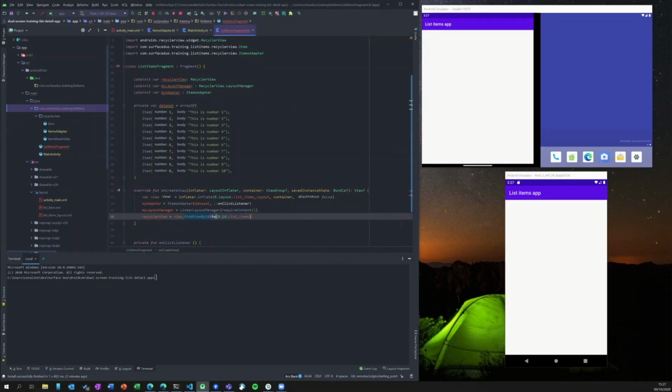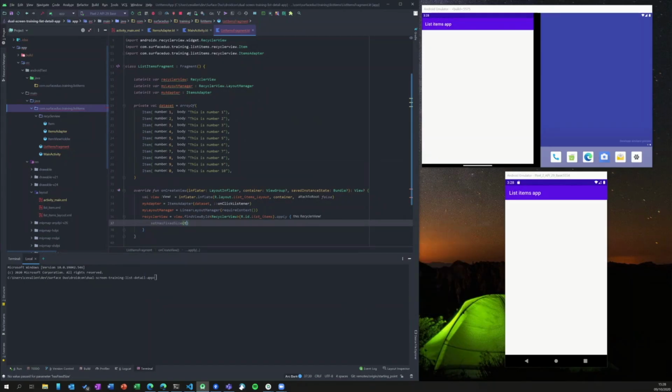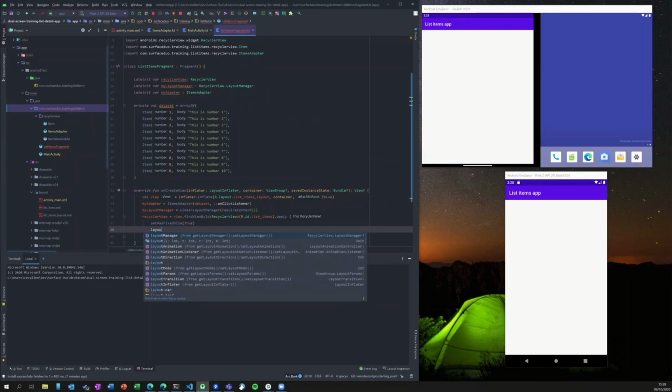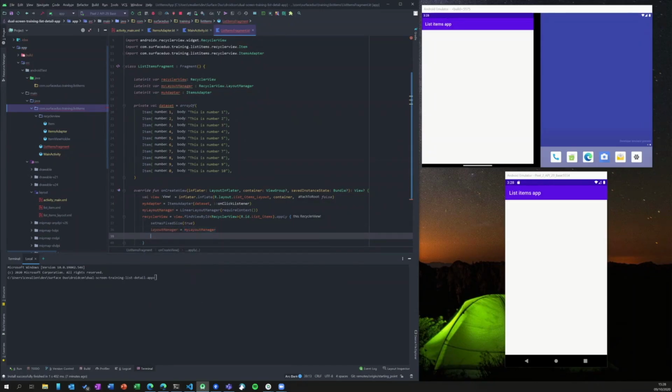Here the type, RecyclerView, and then here apply, and then here's 4. So we have a data set with 10 items. So then we know that we have a fixed size. So here 2, so for performance, and then layout manager is the layout that we already have created, and then